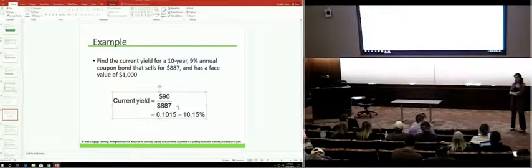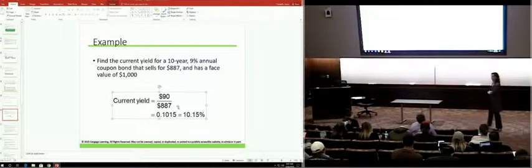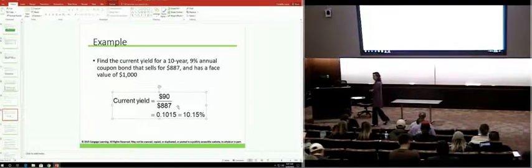Okay, is this a premium or a discount bond? Discount because it's less than 1,000. So the 887 is low, it's less than 1,000. It's a discount, so is that high risk or low risk? High risk, and so is the yield to maturity going to be higher or lower than 10.15? It's high risk and high yield, so it's going to be higher than 10.15. Okay, so since this is a high risk bond, its yield to maturity is going to be higher than what the current yield